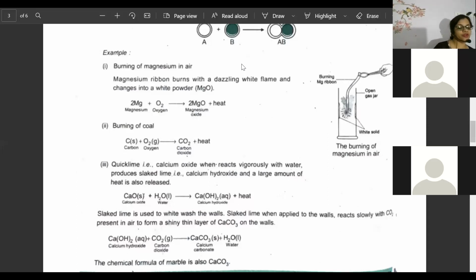So what we will do, we will bring quicklime. Then in that quicklime, we will add water. Because the quicklime is in a solid state, we will allow it to melt. The quicklime will melt and be converted into the liquid phase. That liquid phase will be called slaked lime.